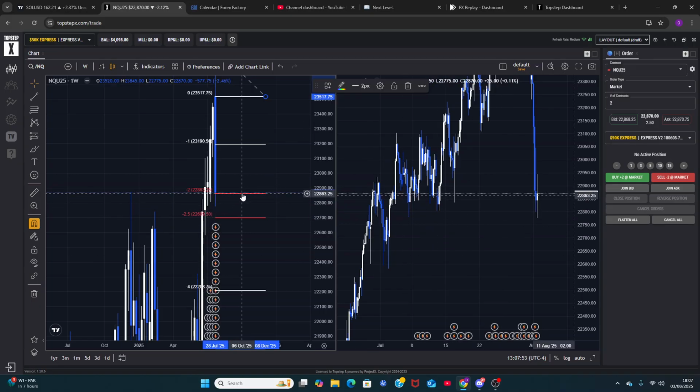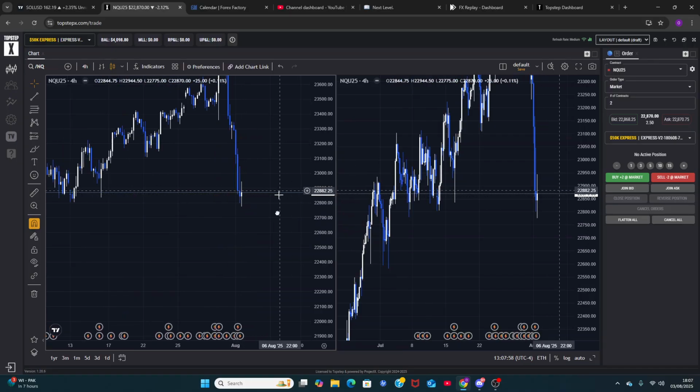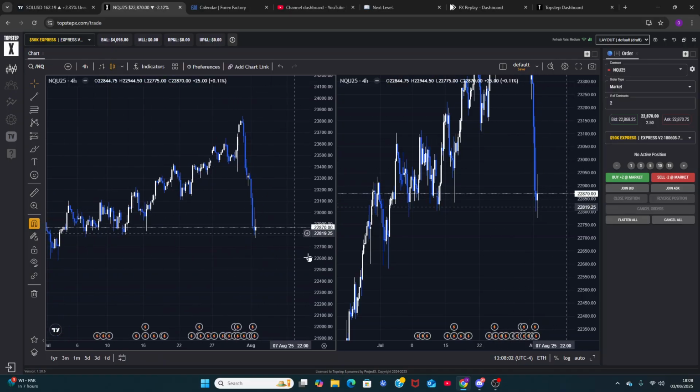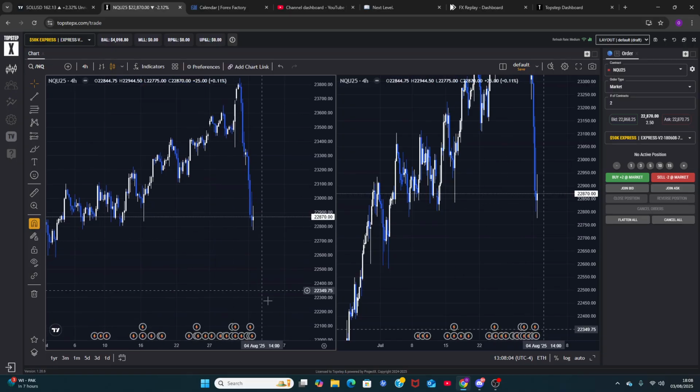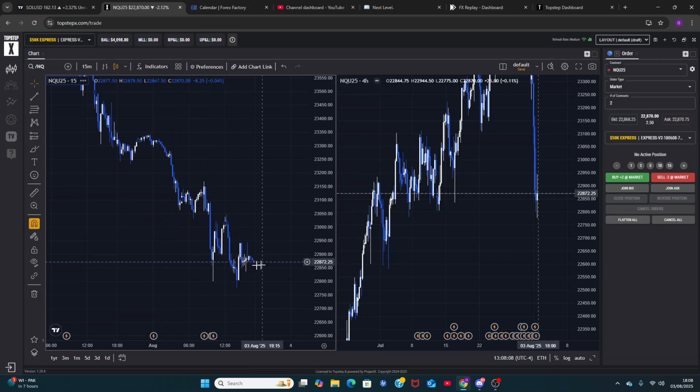So maybe we'll get a reaction from that. We will probably get a reaction to go a bit higher. But overall, just stay bearish until we see some extra confluences to go higher. But at the end of the day, there's no reason to force buys or sells until the structure tells you to, right? I mean, you can clearly see we're just trying to go lower, just topping lower.